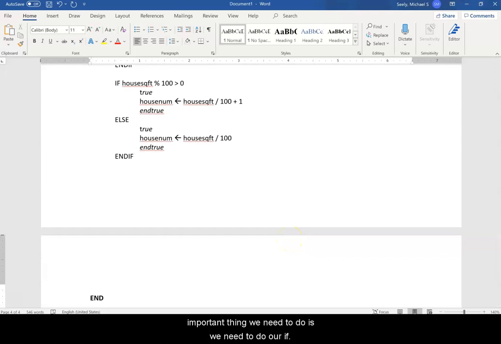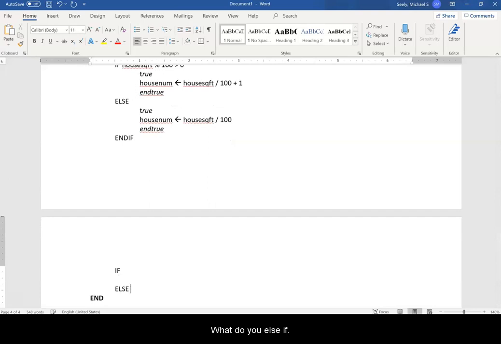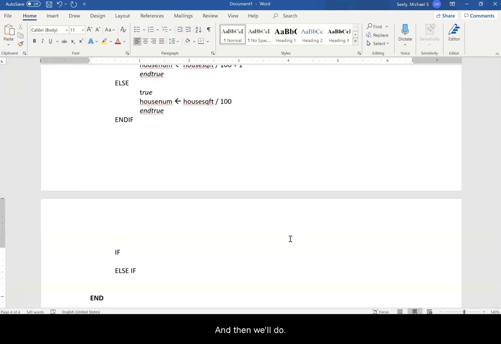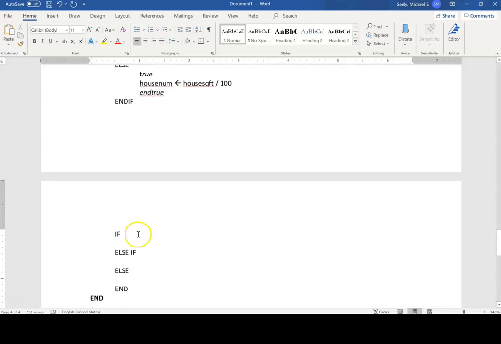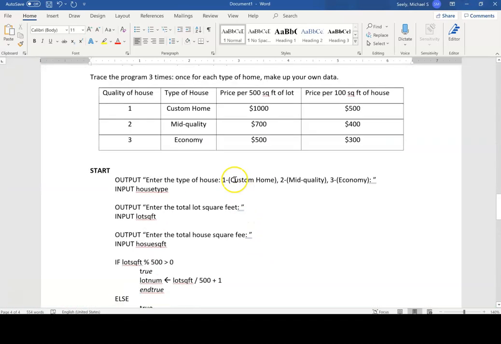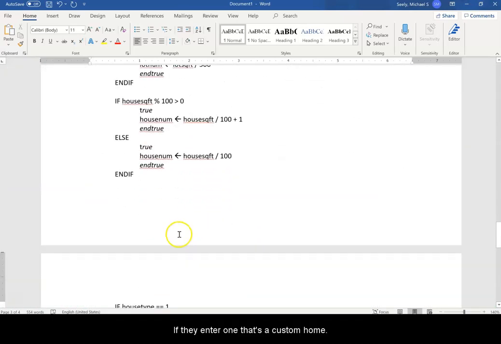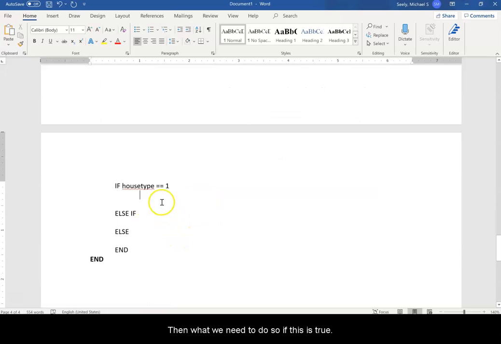Now the next important thing we need to do is our if, then else if, and then else, and then we need to end here. So this is going to be: if the house type is equal to 1, that's the custom home. Right up here, if they enter 1, that's a custom home. Then what we need to do, if this is true,